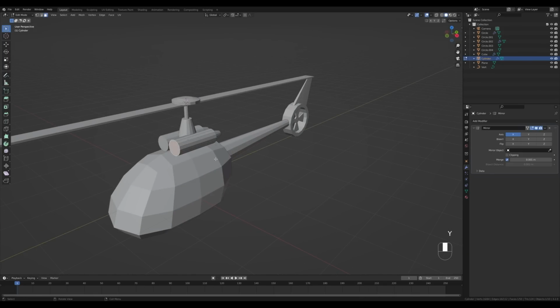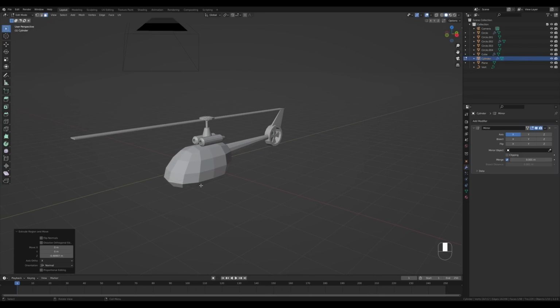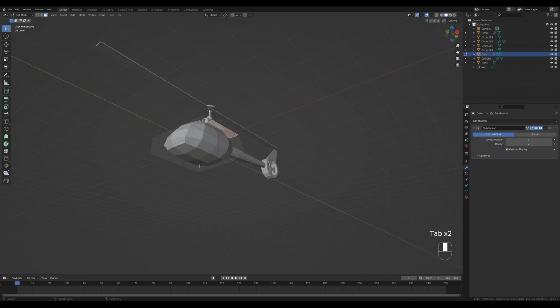And in the front we can select the face, press Ctrl B to bevel. And now select this face, press I to inset and extrude inside. Okay, and the final part, we want to create the landing gear. So tab out, select the body, and again we'll place the cursor somewhere here. So I will hit 2 for edge select this edge. Hold Shift S and snap cursor to selected.